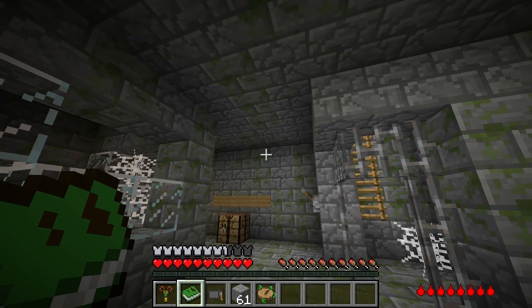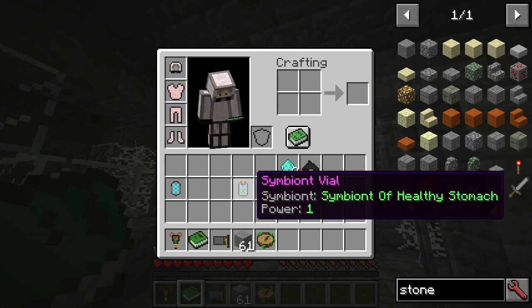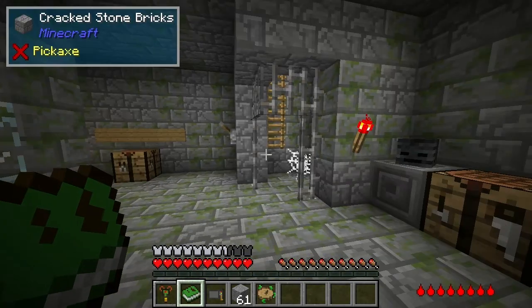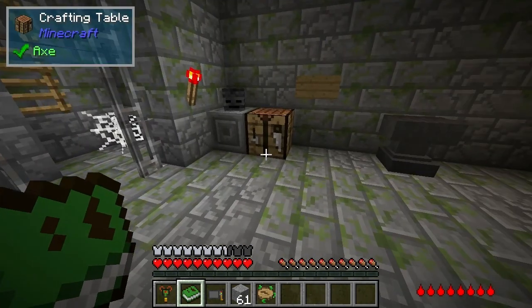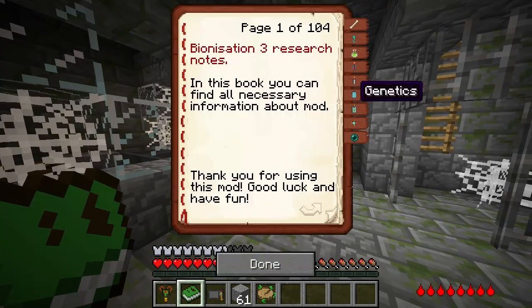Yeah, so I don't believe you can make these things. They've got no recipe. Now, these are only found in these abandoned laboratories. So if you want the Symbiont vials, you need to find these abandoned laboratories. Okay, so